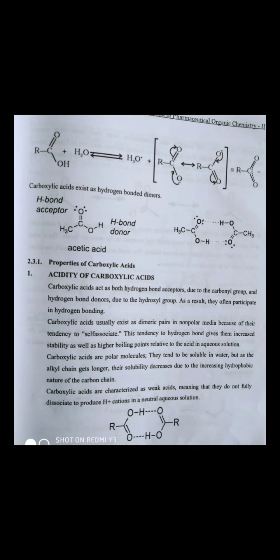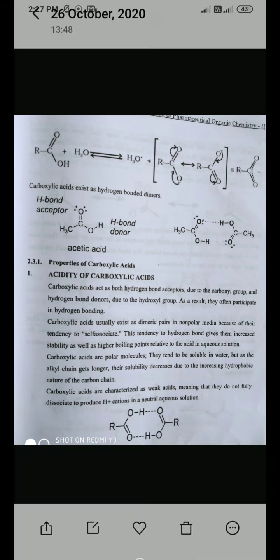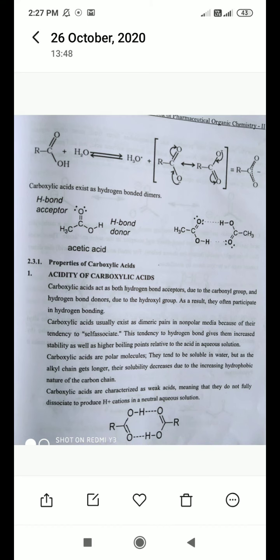If the compound is stable, then it is unable to react. If the compound is unstable, it can easily react with other molecules, so it can easily form a bond after reacting with the other molecule. This is all about stability and instability, and what will affect the acidic nature of the carboxylic acid. Understood?